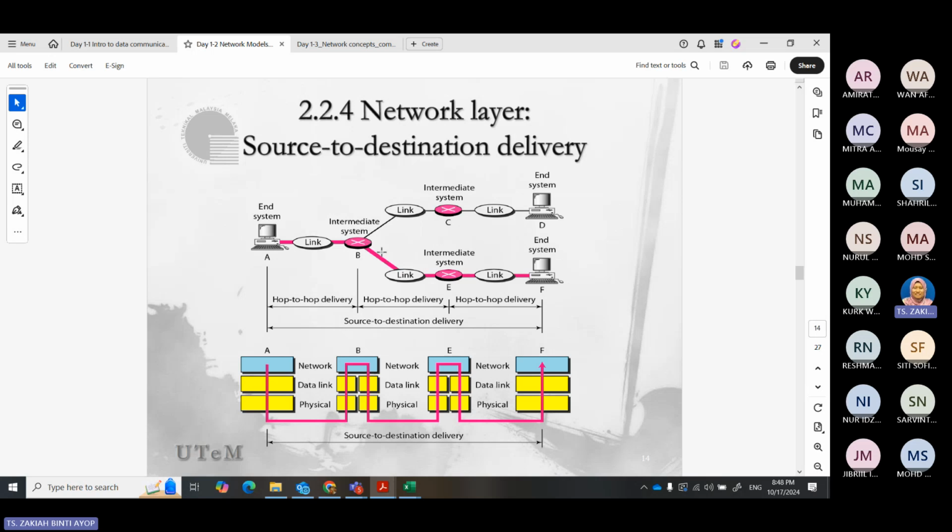When these devices receive it, they will check back. On the data link, it will check: does it match its own MAC address? Okay, this is my MAC address. But then it checks on the network layer: this is not my IP address, this is not my logical address. So it needs to process it again and determine, this is not mine, I need to route it. Which route do I need to choose, to C or to E?